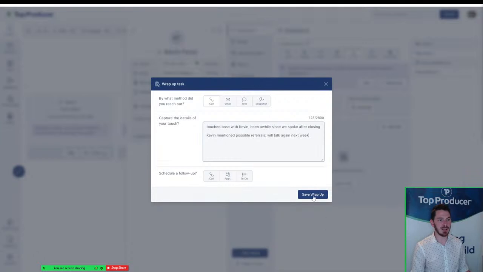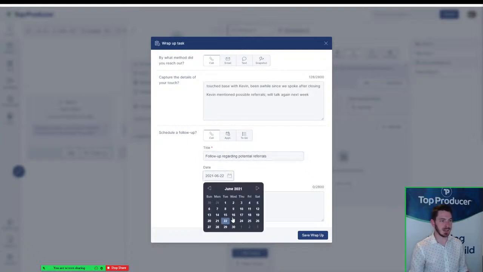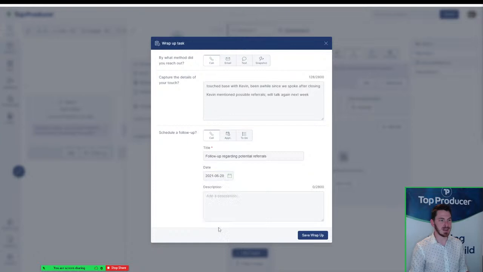And then I could just save this wrap up, but why not schedule that follow up right now? So maybe I'm going to click call, follow up regarding potential referrals. Let's set the date on the calendar, maybe to Monday next week. And that's going to set a reminder in his record, on my calendar, in my task list. Everywhere I go, I'm going to be able to see this